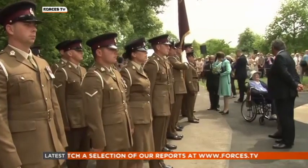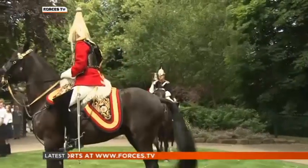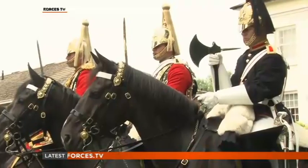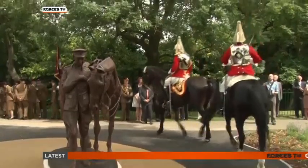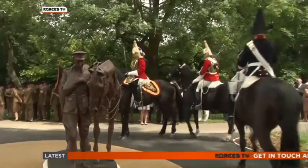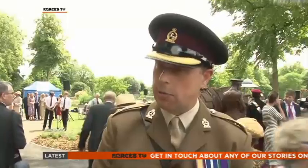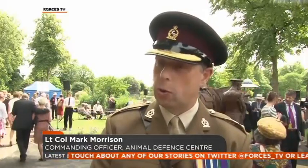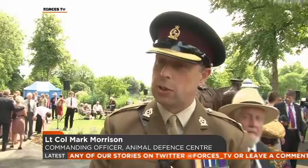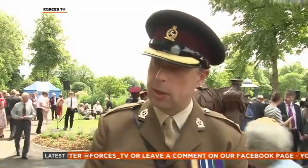There was a strong military presence at the unveiling, including soldiers from the Household Cavalry. Although horses aren't used as much by the army as during the First World War, there is a training centre in Leicestershire which acts as a remount depot. The commanding officer of the centre attended. We've still got the Household Cavalry Mounted Regiment and the King's Troop Royal Horse Artillery, and they both require horses today. So there is a requirement for a remount depot still within the military, and the Defence Animal Centre carries